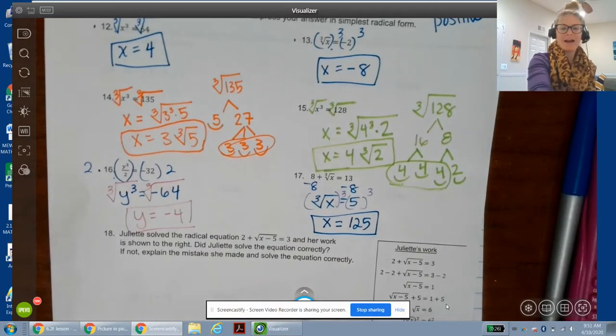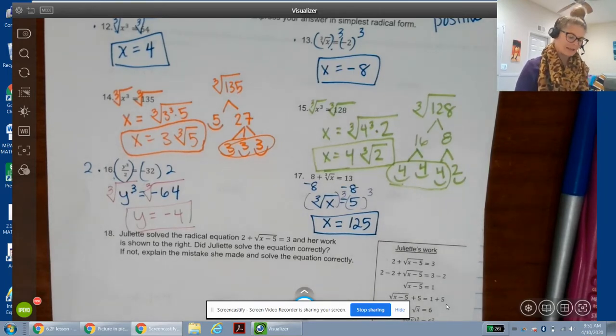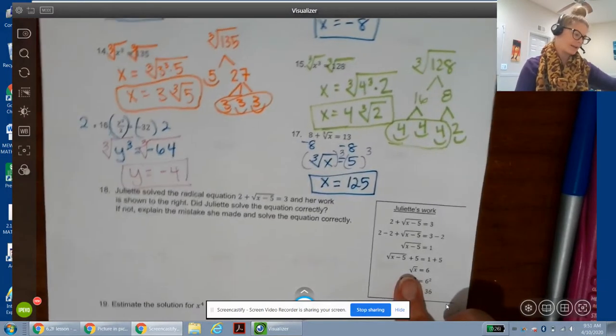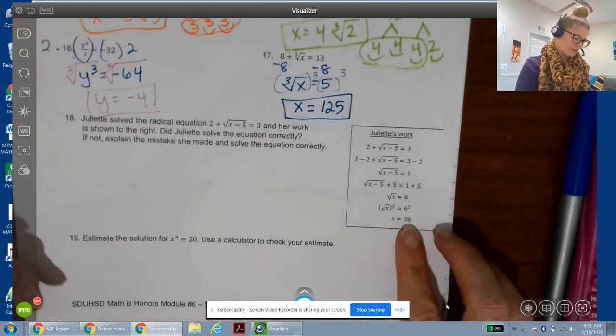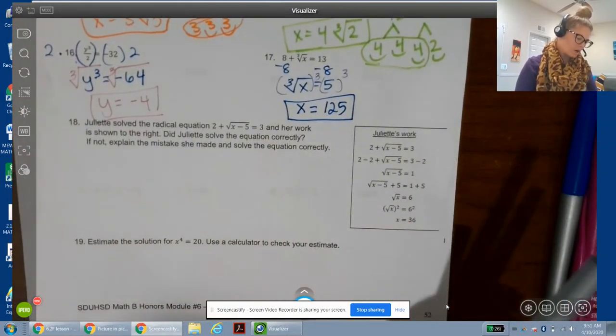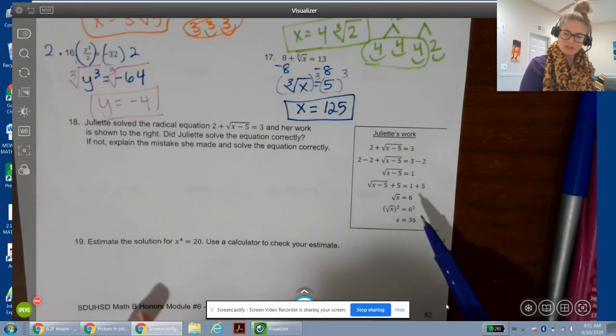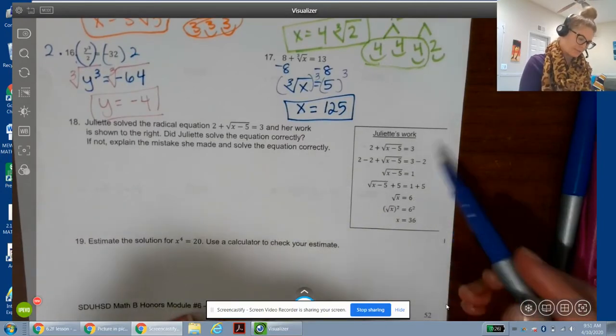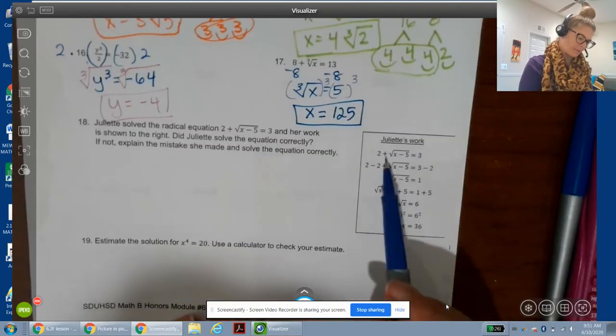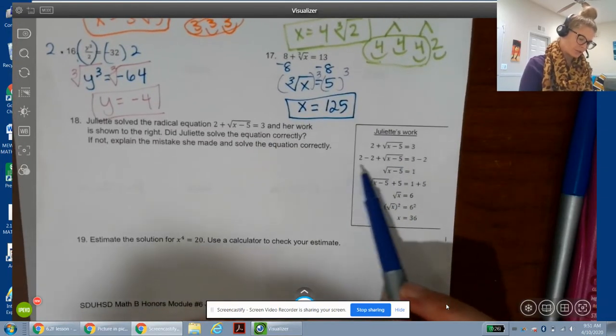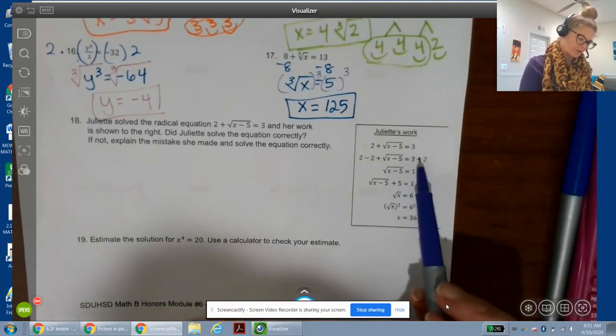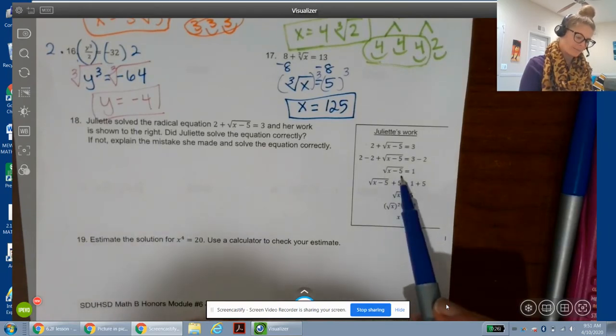Okay, so we have Juliet solved a problem and she made a silly mistake. And this is her work shown to the right here. So let's take a look at her work and see, did she solve correctly? Yes or no? Okay, so she wrote down the problem correctly. She subtracted 2 from this side and subtracted 2 from that side, which is awesome because she wanted to isolate her